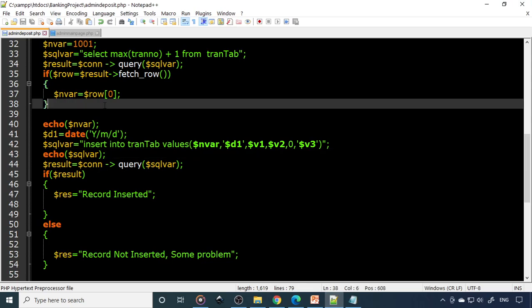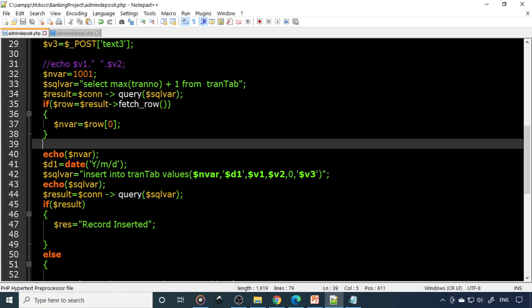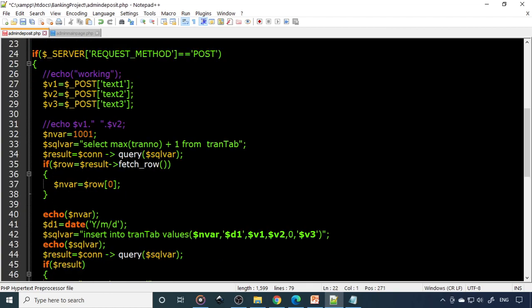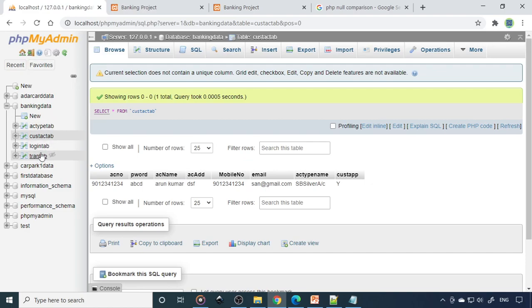So therefore we need to check here the NVAR, because it's always written the value, but first time nothing will be there. So we need to check if it is equal to null. Because there is no data here, if you go there, this is the transaction table.